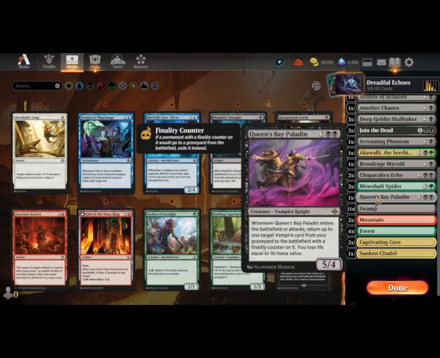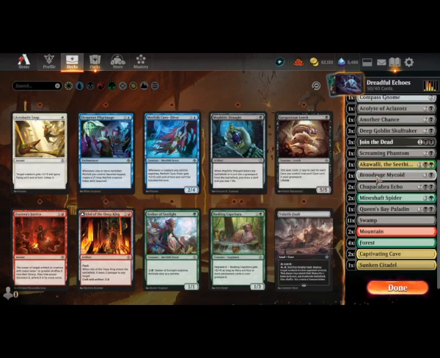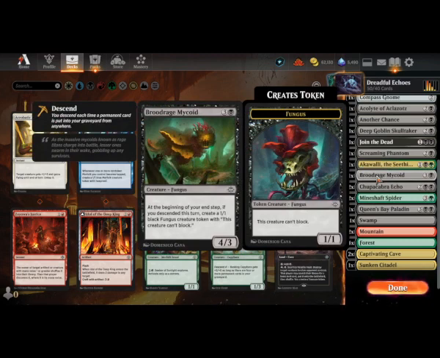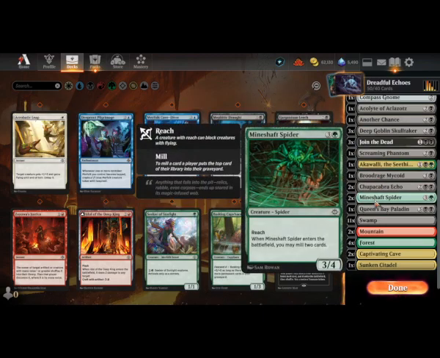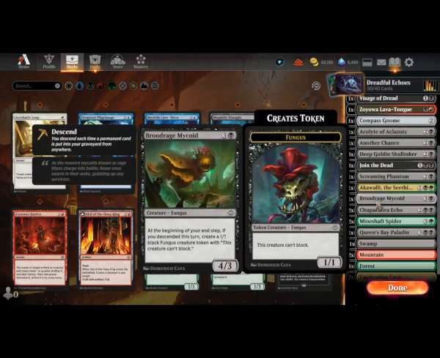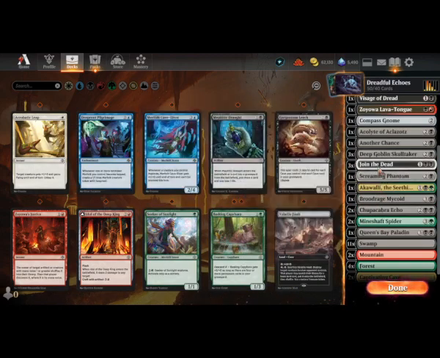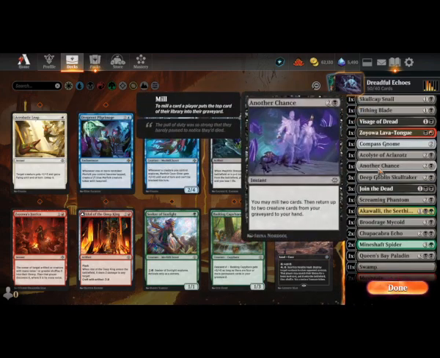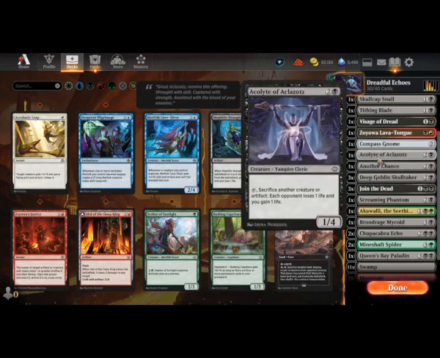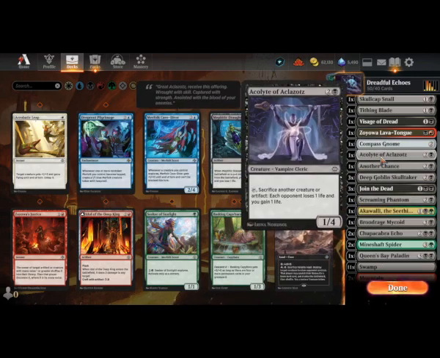I'd probably drop the Queen's Bay Paladin, maybe one of the 4-drops, maybe 1 Spider or the Mycoid. I do like the Mycoid making an army of fungus. Maybe you need 2 reach creatures, but maybe the Mycoid is, when you've got 2 Chupacabras and 2 Spiders, you might not need it. I think Another Chance was a card that came in. Acolyte of Aclazotz came in because of the Queen's Bay Paladin, because it's a vampire, but I think it is